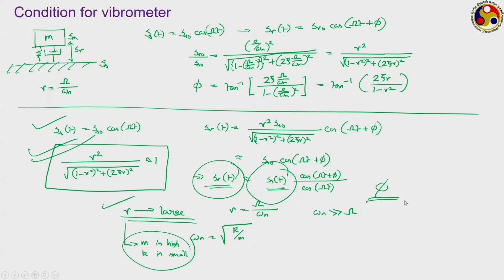Now, we move to a velometer. For a velometer, we again use the condition, we have our imposed displacement, S s t is equal to S s naught cos